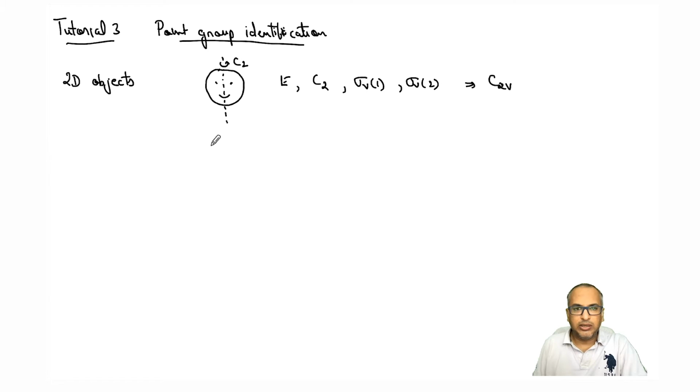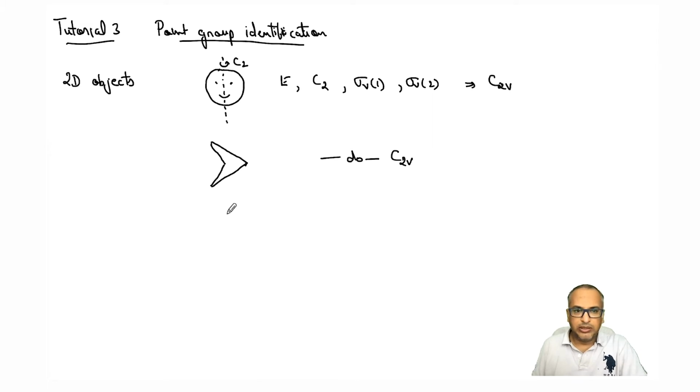Now let's look at another drawing. Today we have an arrowhead, something like this. Not the complete arrow, just the arrowhead. So here we had a smiley, now we have an arrowhead. The arrowhead also has the same set of symmetry elements, if you notice. You have a C2 running through like this, and then you have a sigma which is in the plane of the board, and a sigma which is perpendicular to the plane of the board, both carrying C2s. So again the point group will be C2V. So that is easy again.